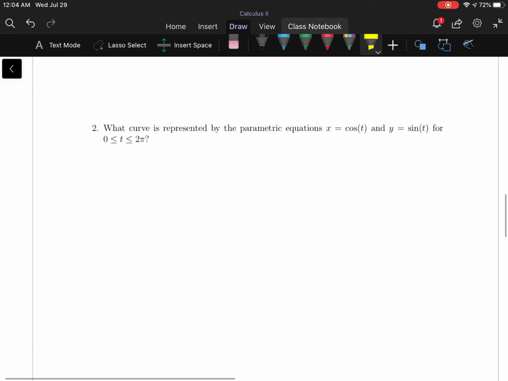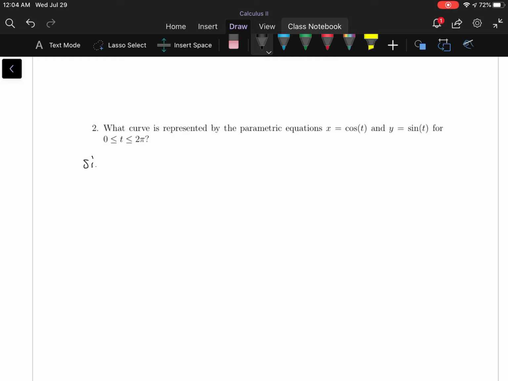Let's move on to problem 2. It asks, what curve is represented by the parametric equations x equals cosine t and y equals sine t for t between 0 and 2 pi. And so in this one, this is a little bit more challenging to see what that Cartesian equation is, but you can always stick with the fact that